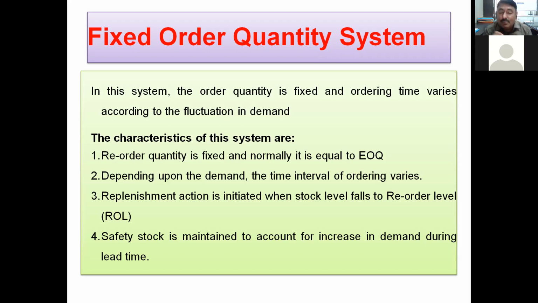Lead time: though we give the order today, that is on 8th, we will get the order by 20th of January. 12 days are there. So if there is a sudden increase in the demand in these 12 days, though we have initiated the order, we do not have the raw material or finished goods required for making our product. So here the safety stock will work. Safety stock is the stock maintained to account for the increase in demand during the lead time period.